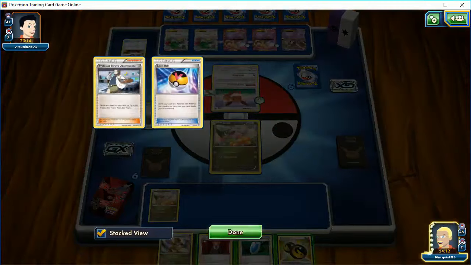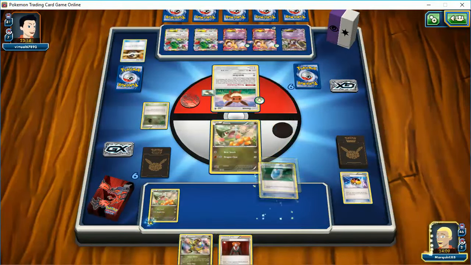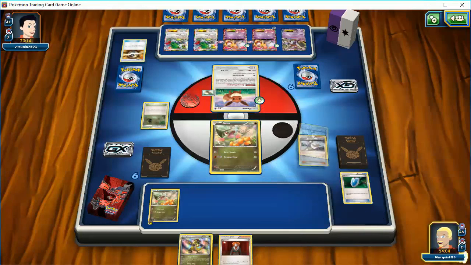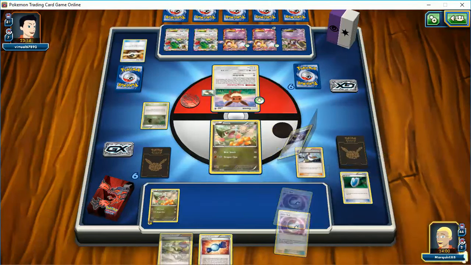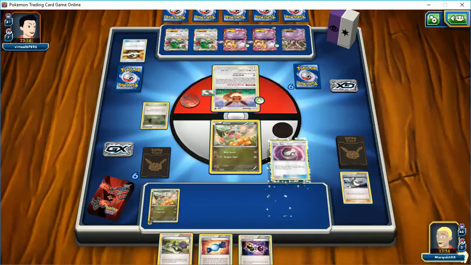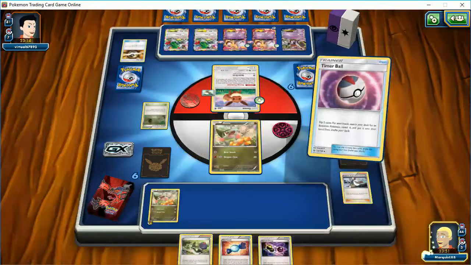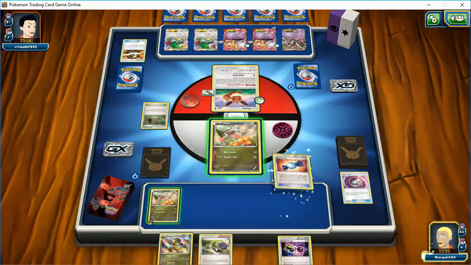Oops. I almost hit that done key. All right, so I do have the ability to get Professor's Letters back. Thank goodness. Excuse me, Professor Birch. So let's see here. Nope, tails again. Oh, well. Ooh, phew. All right, Haxorus, here we come. So we got one. I'm not going to make him my active because